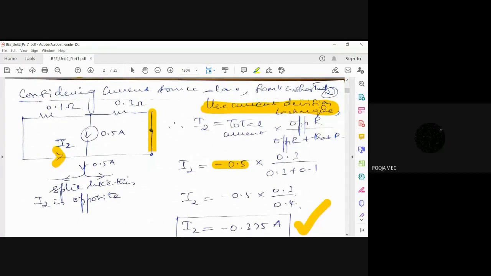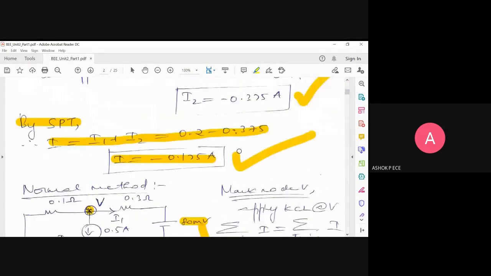Okay, sir. That's what I said. If you forget the current division technique, you use whatever method is comfortable to you. You will get the same answer. If you apply Kirchhoff's current law here, you will get the same answer. You can apply KCL here. You can still find the value of the current I2 using KCL also. You'll get the same answer. That's why I said, solving a circuit, you can use any method, whichever is comfortable to you, but the final answer has to be the same. It cannot be unique for each person. It will be the same for all persons, however method you are going to use.